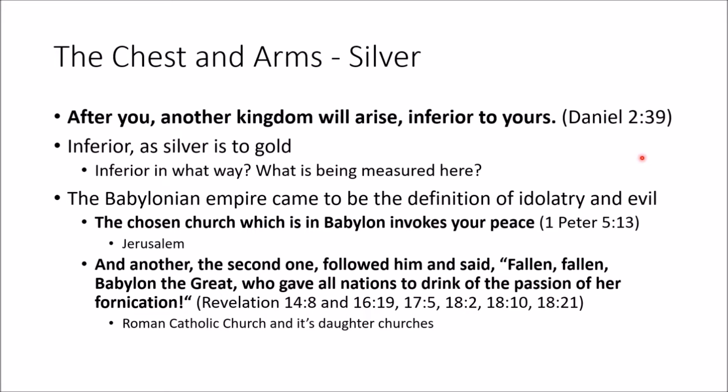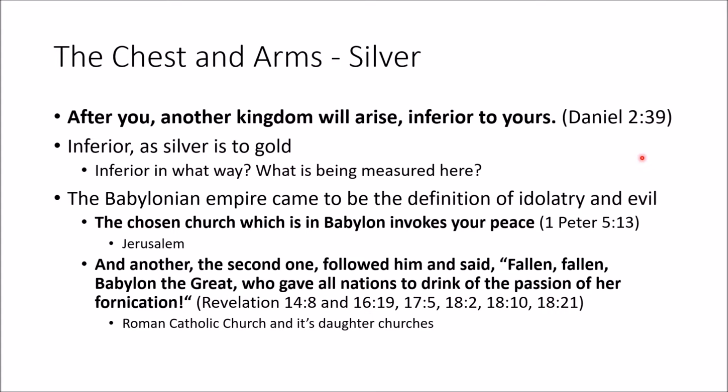Okay, so the Babylonian Empire is a strange choice here. But what Daniel has just talked about with the Babylonian Empire is that they were a terrible place. And so why would you think that the Medo-Persian Empire was going to be any better than them? The Bible has many references to Babylon being a place of great sin and evil. And so it's kind of strange for him to have been calling the Babylonian kingdom and Nebuchadnezzar a wonderful leader of everything, and the gold head of the statue, the best of the best. And so how does that make any sense here?